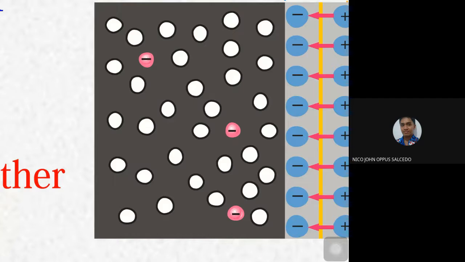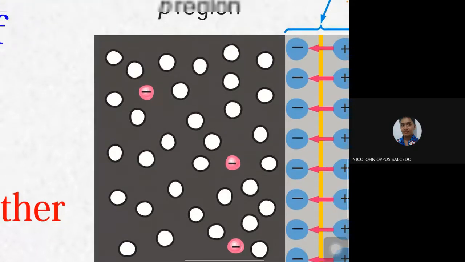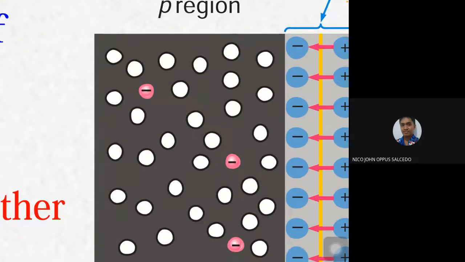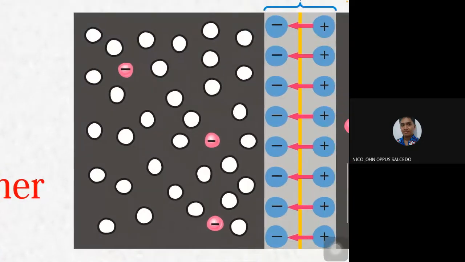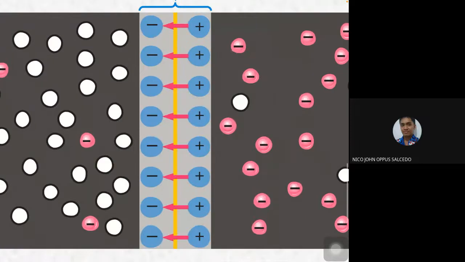That's why, again, we call them minority carriers in P-type material, the electrons. So the majority carriers in P-type material are the holes. So, speaking of majority carriers, the depletion region